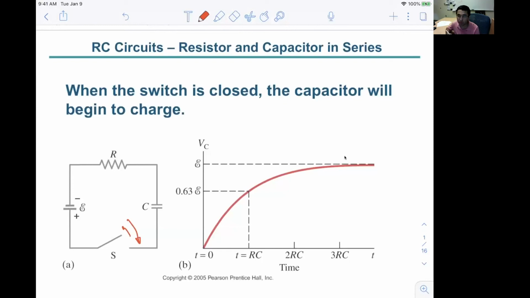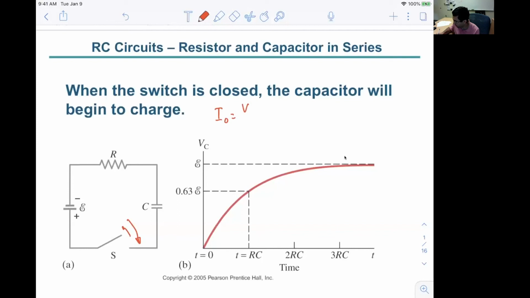Then you start to pass the current along and through the circuit. Because at the beginning the capacitor doesn't have any charge and zero potential, the initial current is going to be